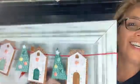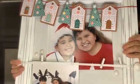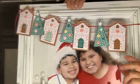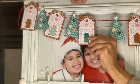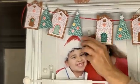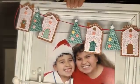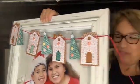And let's see if I can share with you how I'm using my garland, not on a tree, but on a photo frame. Like, how cute is that? String that through, it makes a beautiful home decor, a Christmas piece. And what I like about it is, because it's not connected to the twine, you can move it over to wherever you need these little elements to be. You can make the garland a little bit longer, you can make it a little bit shorter, because we double backed them and they are easily moved. So cute. And you have to tell